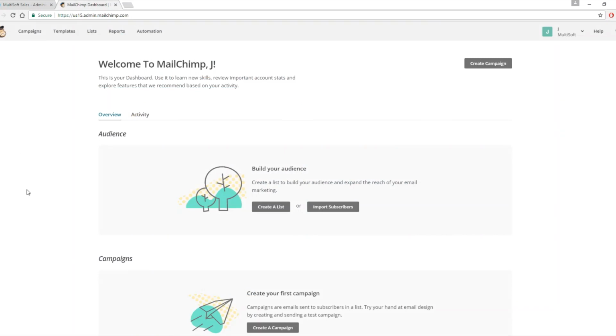You can use the free account if you like. If you already have a paid account for MailChimp, you can use that as well. It will both work the same way. It's just that the paid account will give you more features, more options. So in your MailChimp account,